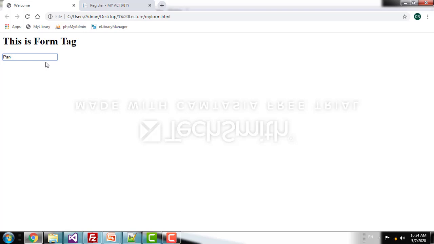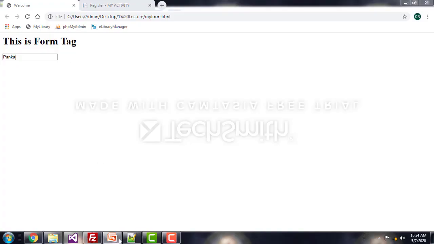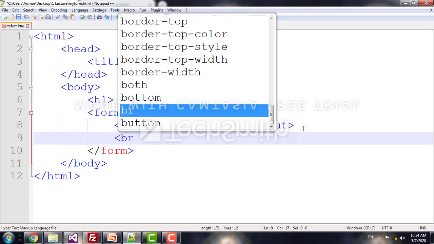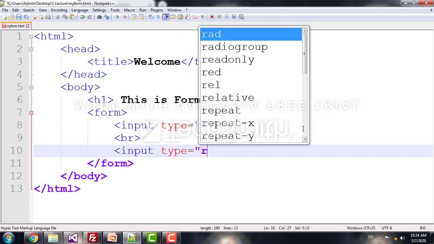So next is a radio button, and its type will be radio, but for the text input, the type will be text. Instead of text, it will be radio. For example, br, input type is equal to radio, slash input. I will save this. I will go to this.